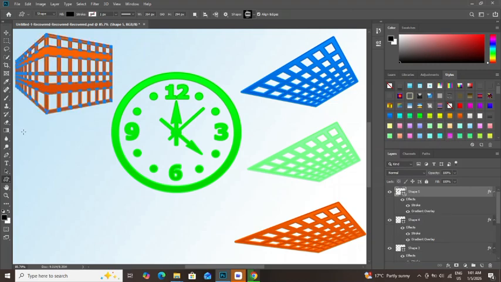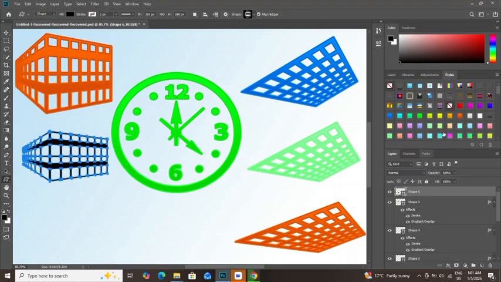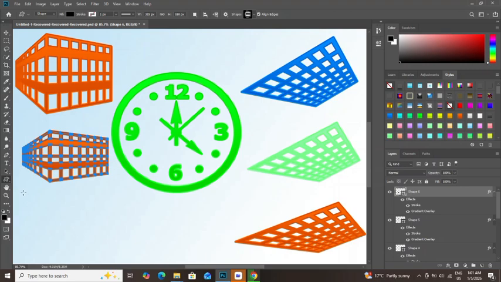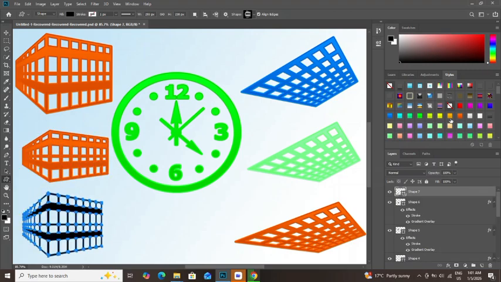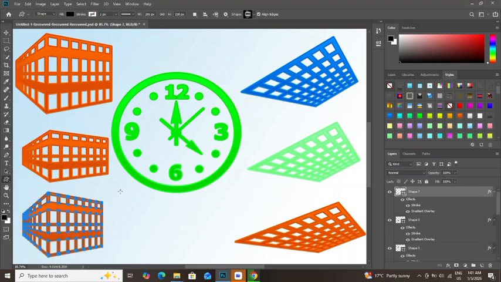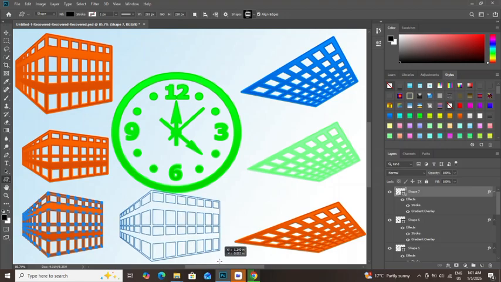Next, I apply inner glow softly to keep edges clean. Then I refine color balance so gradients blend naturally. After this, I adjust opacity layers for smooth transitions. Finally, I zoom out and polish the